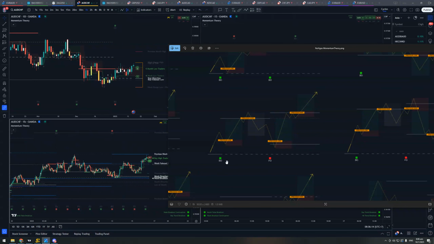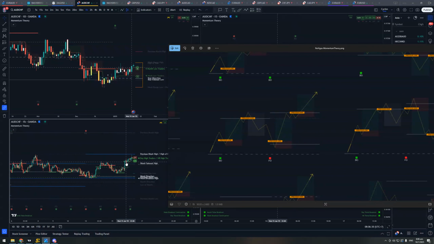Did I see this? I can't remember if I saw this. Probably would have been in the scanner, but I don't think I traded Aussie Swiss. Maybe there was something better. Faking out the low to take it up to the fake out level. So that's exactly what it did. And then next setup I'm looking for is consolidation between that fake out level and the previous week high. Would like to see a little bit more over here,